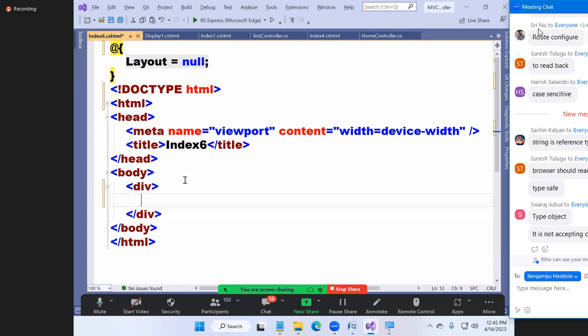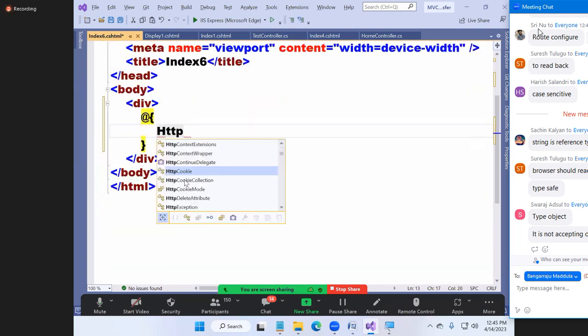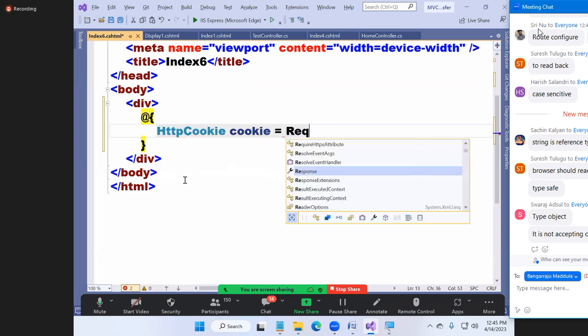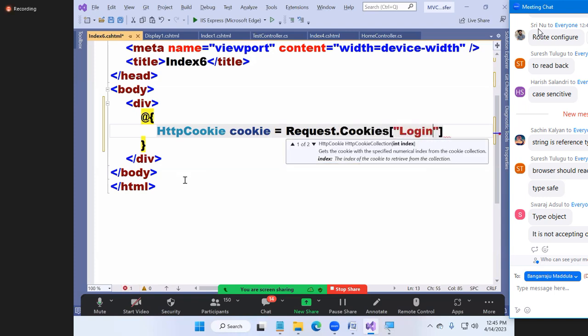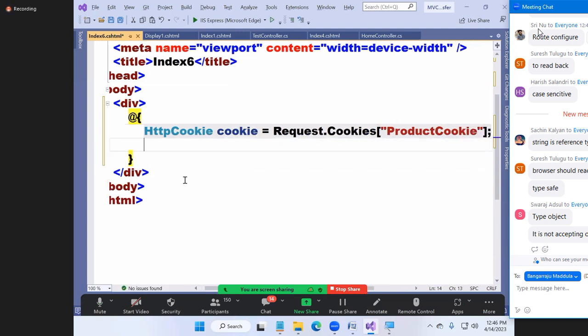Okay, come on, let's read. HttpCookie cookie is equal to Request dot Cookies of product cookie. Oh, sorry, guys. Product cookie. Now start reading the values.